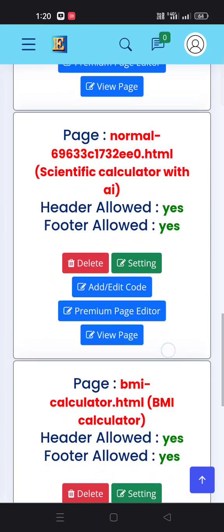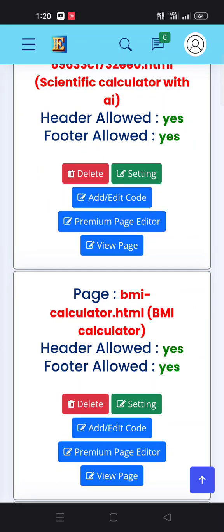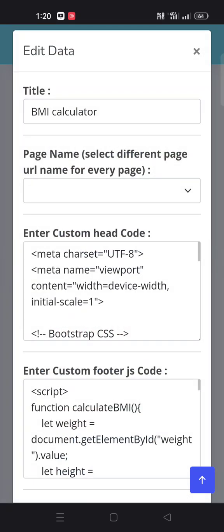Find your page. Here you go, guys. The page name should not be blank. The page name should be BMI calculator.